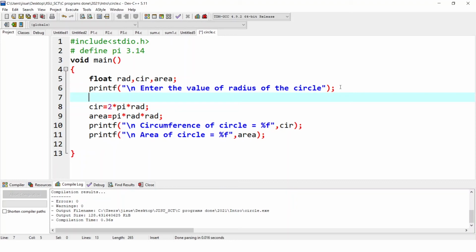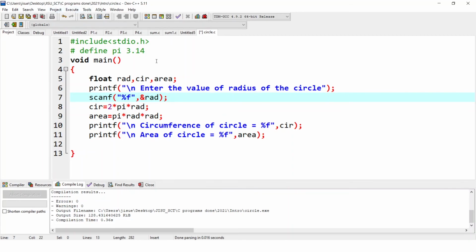Naturally the user will be entering a value. It has to be saved somewhere. So for that we use the command scanf. I told you first there is a control string to specify which type of value the user will be giving, or which type of value is expected. We are expecting a float value, so we give %f, that is the format specifier for float, comma, where the value is to be saved: at the address of radius. For scanf you have to remember to use this & symbol to show that it is the address of RAD. Otherwise an error will occur.